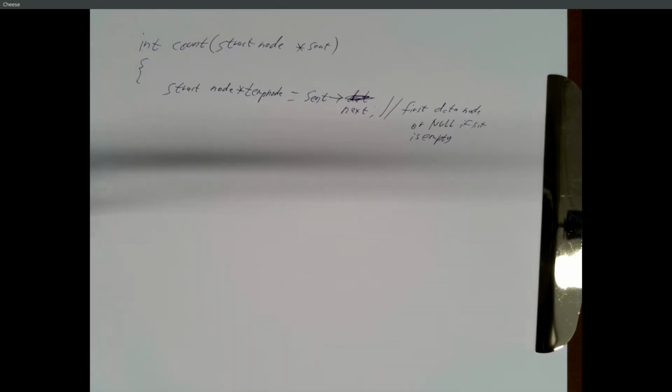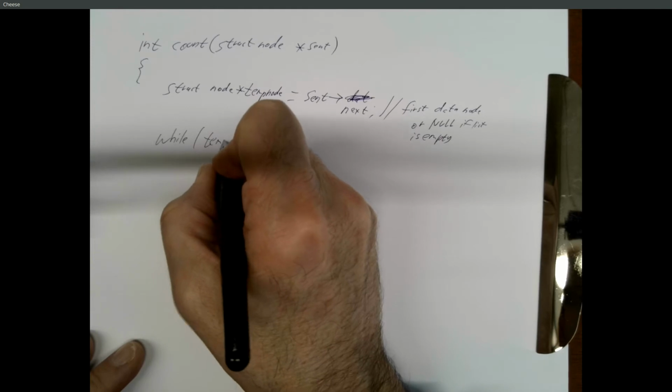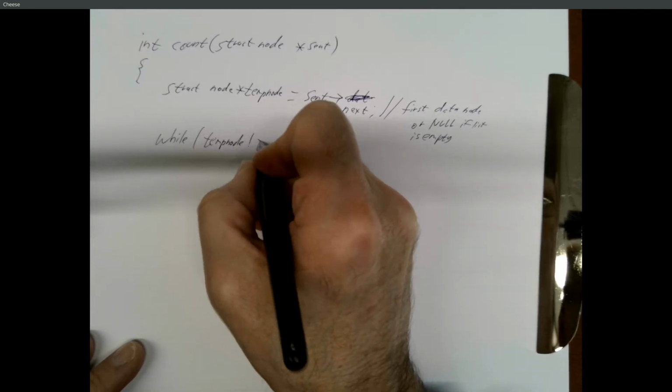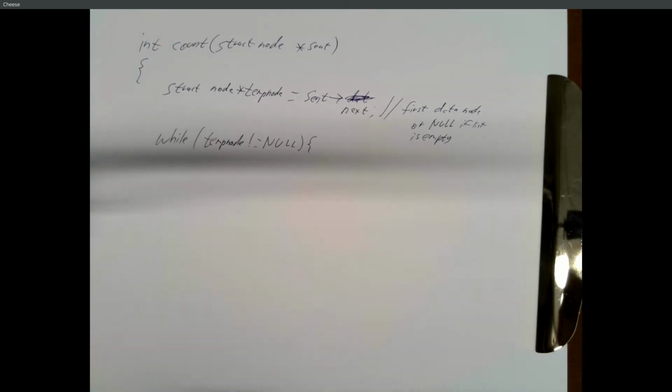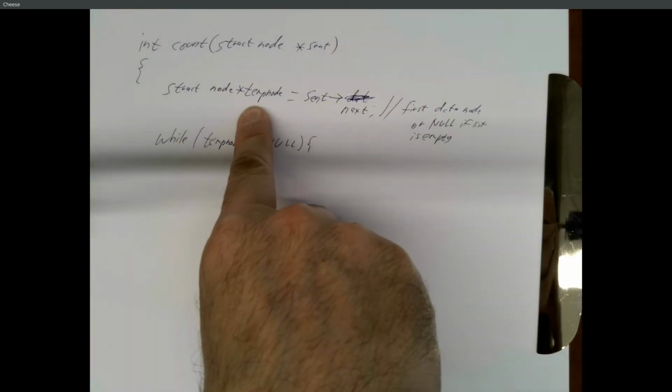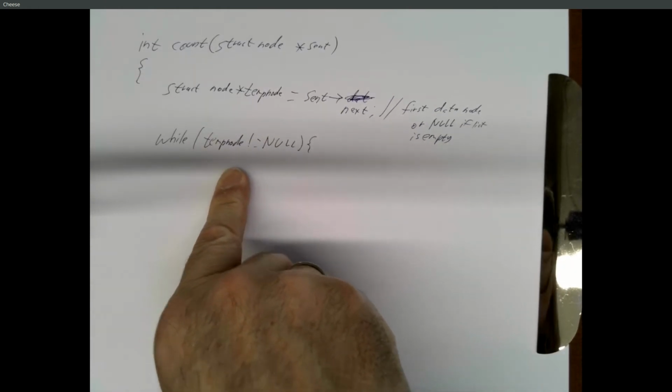So my mental picture, temp node is pointing to the first node that I want to consider. And I'm going to do something as temp node moves through the list, and I'm going to stop when temp node is equal to null, because that means I've fallen past the last node of the list. So my while statement is just while temp node is not null. And if my list is totally empty to begin with, first time I do this assignment, temp node will be null. I won't do anything in my while loop. I'll never go through it even once.